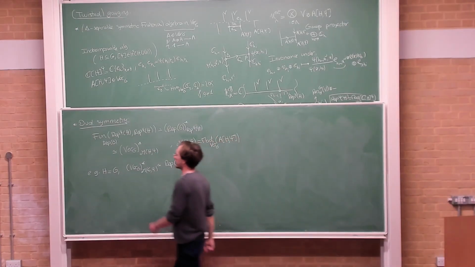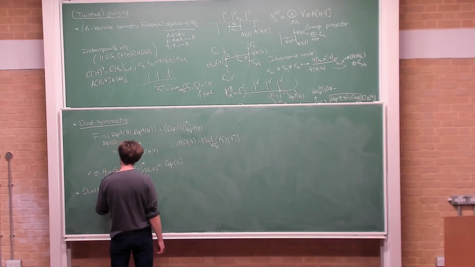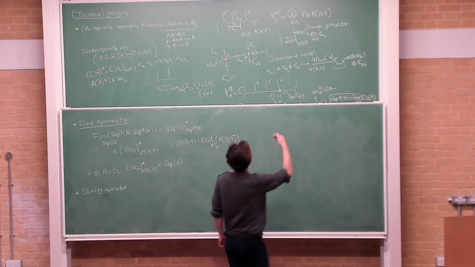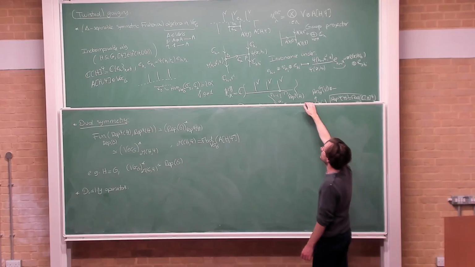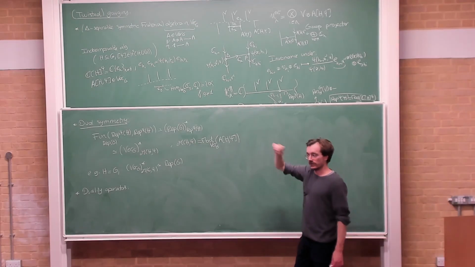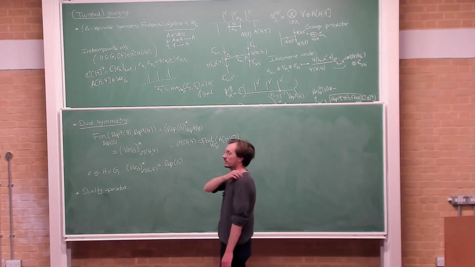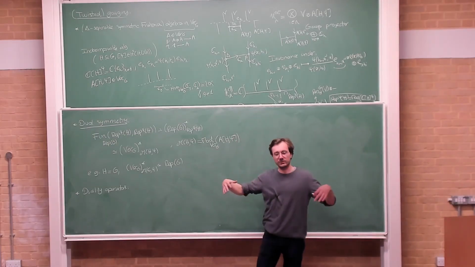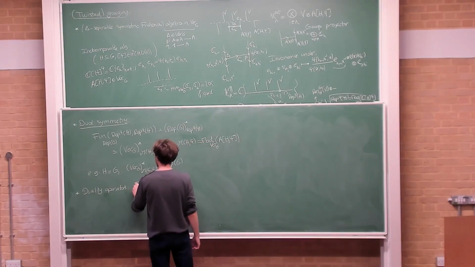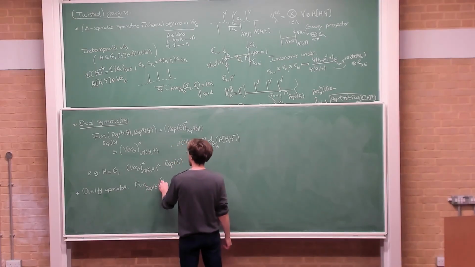Let me just also say that, in a very similar way, we can also get duality operators. What we effectively did, once everything is done, is that we just changed what labeled these horizontal lines. Instead of having labels given in Vec, now it's given in a different module category of Rep G. But now you could ask for an operator that acts on the original Hilbert space, gives you the new Hilbert space, and maps the Hamiltonian and everything. You get this duality operator from the data of again a module functor, but this time,